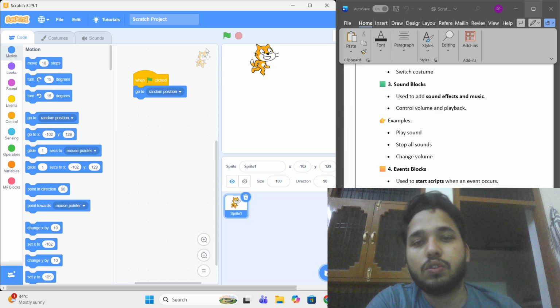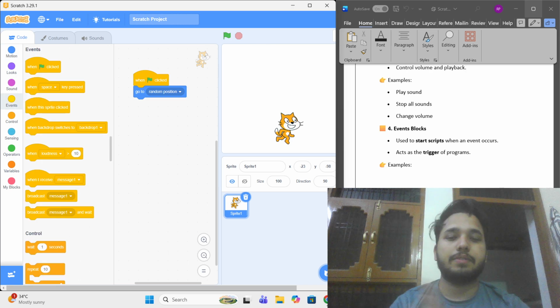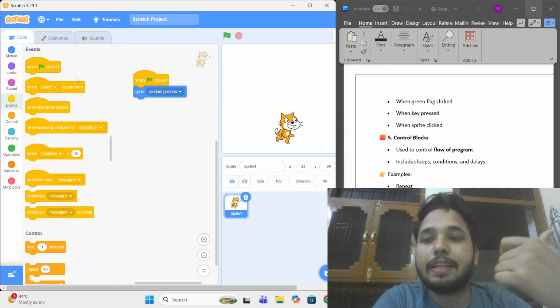Actually, events are used to start the script when an event occurs, or whenever any event is triggered. So now we have various events such as when green flag clicked, when space key pressed, etc. Now the